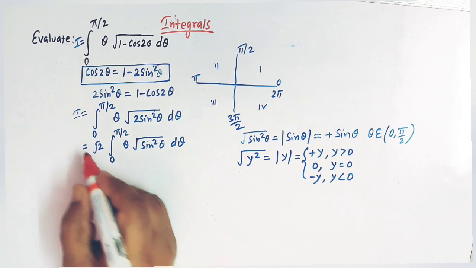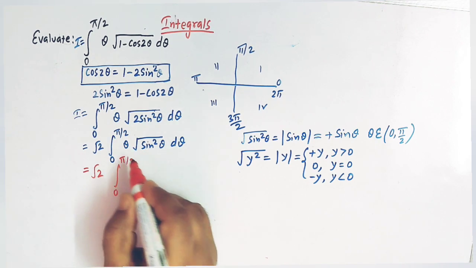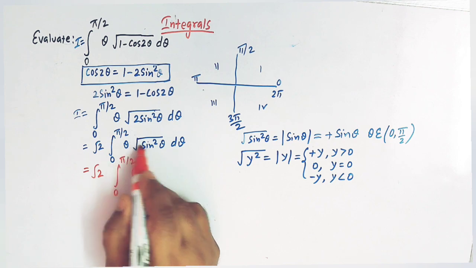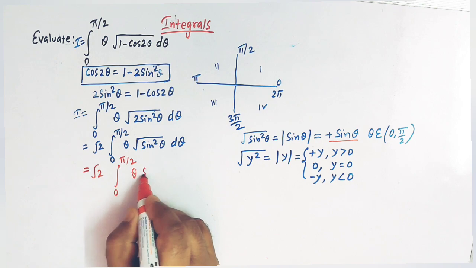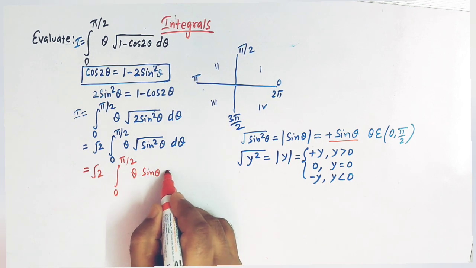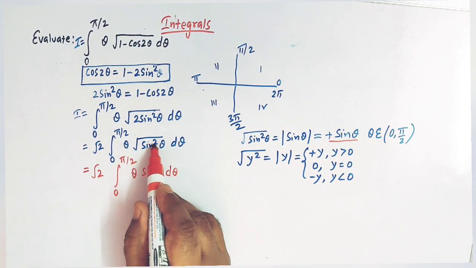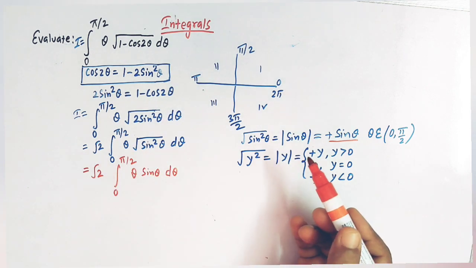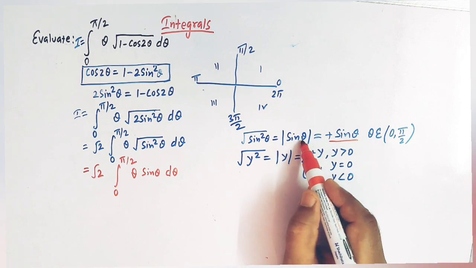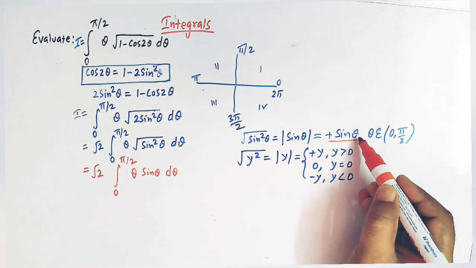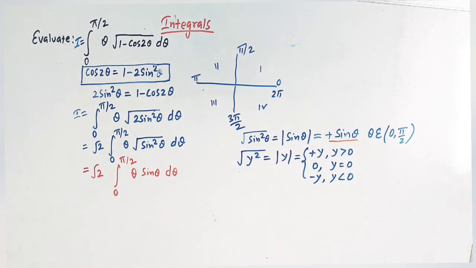So now we can write this integral as square root of 2, integral from 0 to pi by 2 of theta times square root of sine square theta, which is equal to positive sine theta, which we can simply write as sine theta, right? Suppose we had square root of cos square theta. In that case also, square root of cos square theta should be equal to mod of cos theta, that is equal to positive cos theta, because we are in the first quadrant, and in the first quadrant all the trigonometric